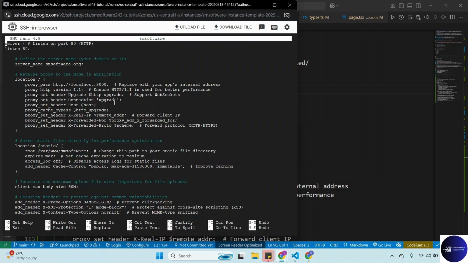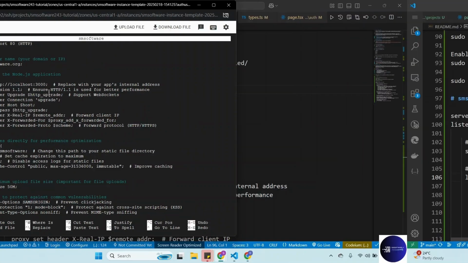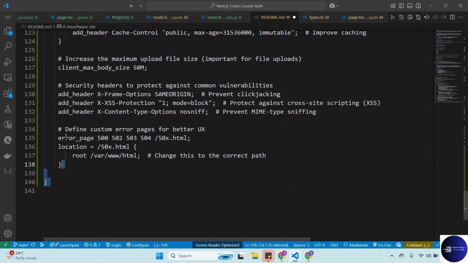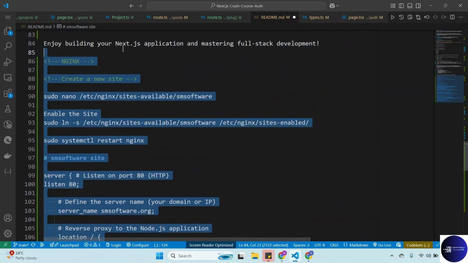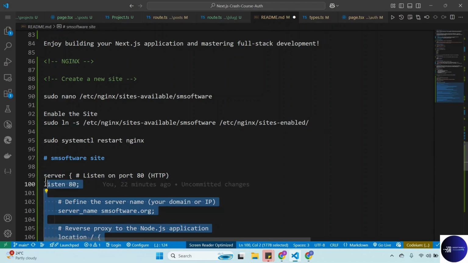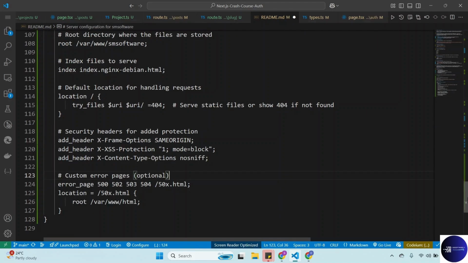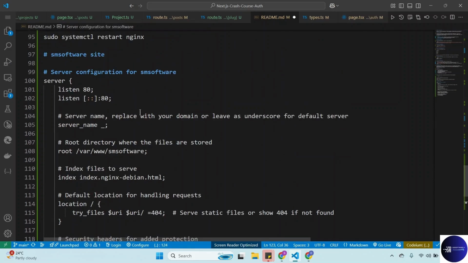Since it's editing, I prefer to use VS Code to edit, so I can just copy and paste it in here, because to edit here I found navigating is a bit slow. Right, so this is the one we had. Now with the default one, I made a little bit of modification, very little, to follow the default configuration. Okay, so listen on port 80, and then here we need now to pass our domain,